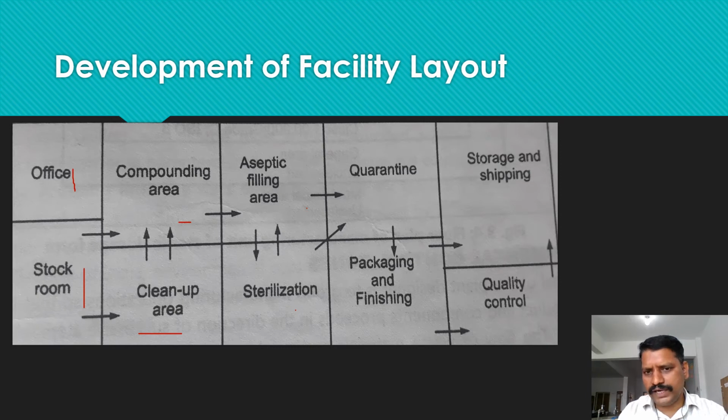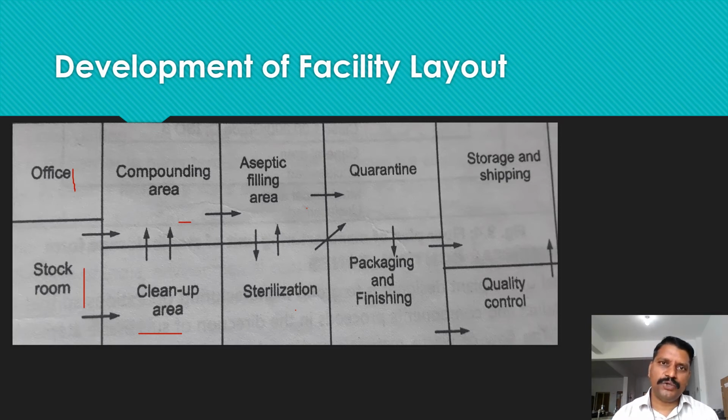Okay, so what is the quarantine area? A storage area, before packaging or before labeling but after filling aseptically, is known as the quarantine area. Okay, so after aseptic filling you can transfer the content to a sterilization area for sterilization purposes, and then to a quarantine area, or from the aseptic area to the quarantine area also. So unidirectional flow must be there. Unidirectional means one-way flow.